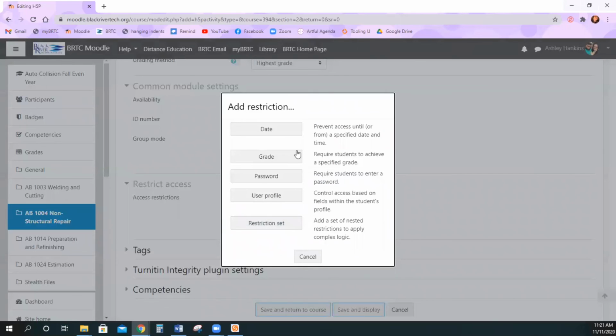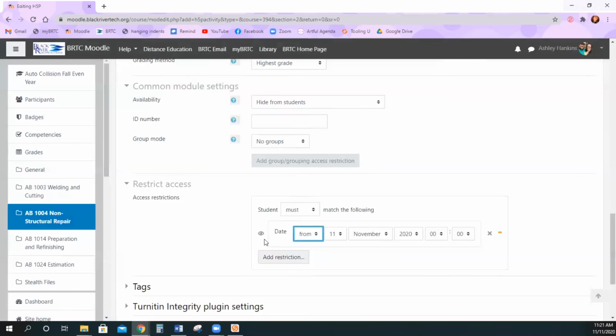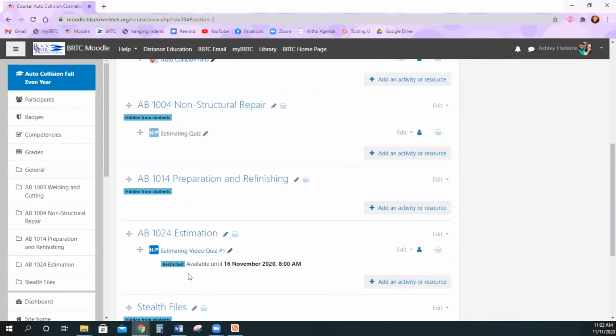This is the only way you can set a due date though. Because there is not a close date, you can restrict access so that it is hidden after a certain date. You can make that grayed out so students can still see it, or you can make it completely disappear on a certain date. But that's the only way to set a due date on these types of assignments. So this is what it will look like to the students, and they will see that they only have until a certain